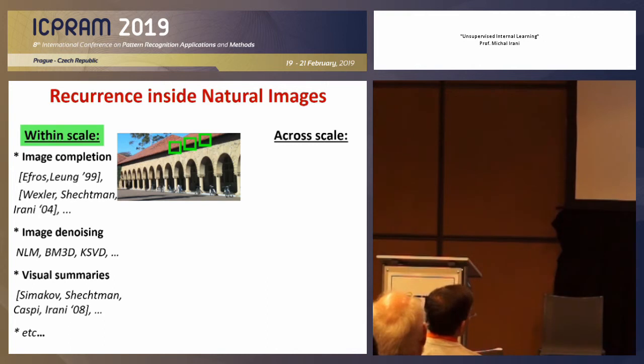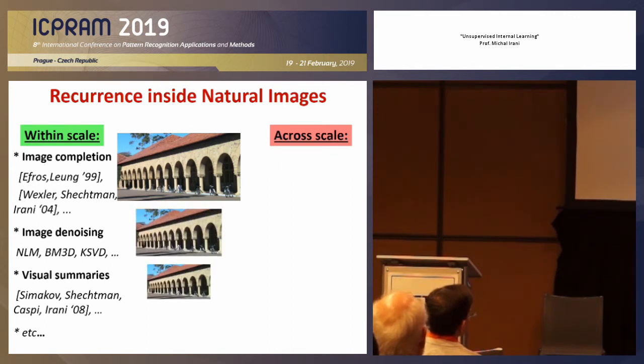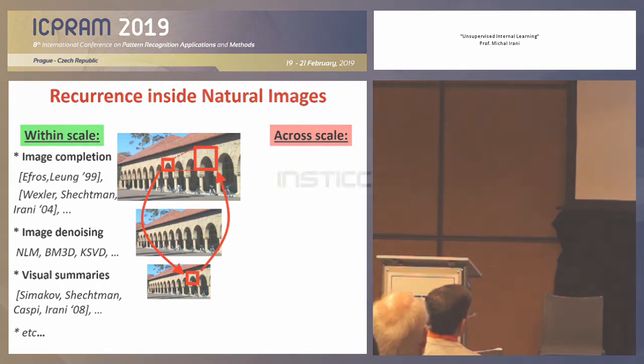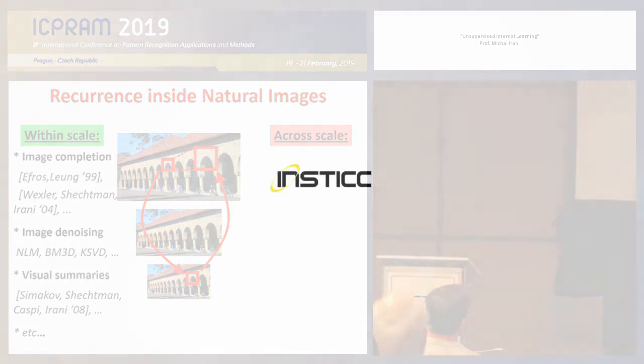Less known, but also very strong, is the recurrence of information across scales within a single image. And what I mean by that is if you take the image and scale it down, then almost any patch in the original image will almost surely find an almost identical patch to it in the scaled-down version of the image without scaling down the patch, which means that the original small patterns are found in multiple sizes in the original image. And this property has also been used by us and by others